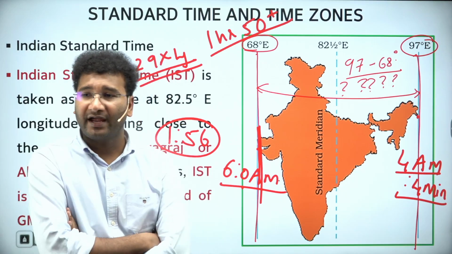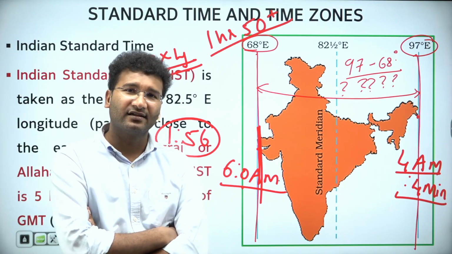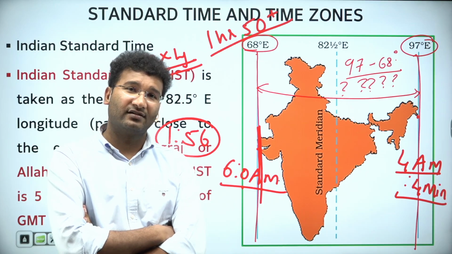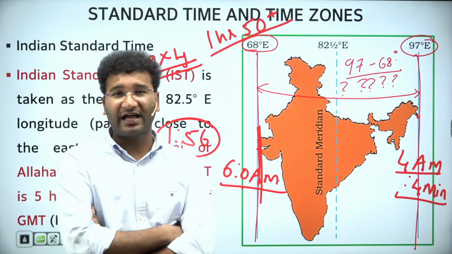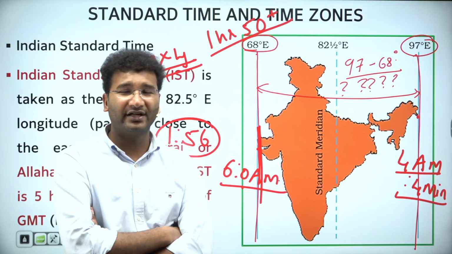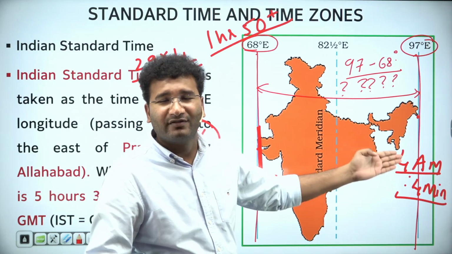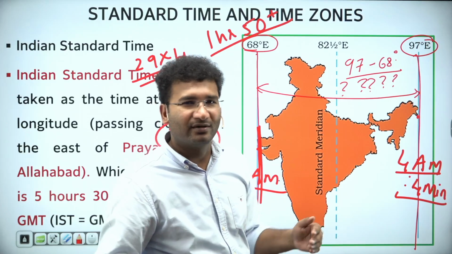Okay, at 4 a.m. and 4 minutes the sun rises. Now imagine if the sun rises this early, wouldn't it be difficult to calculate the day-to-day activities? Yes. Now imagine a student wakes up even before, a small kid is always woken up even before the sun